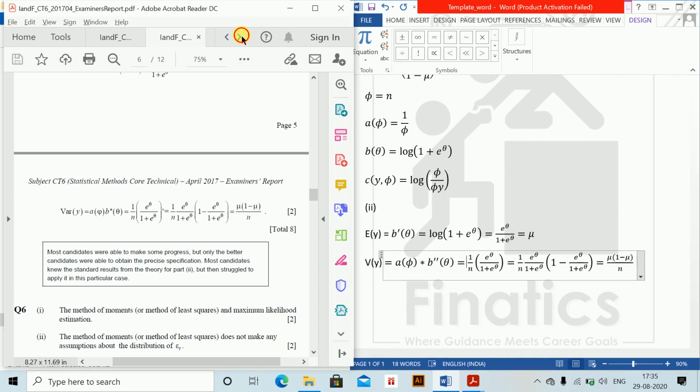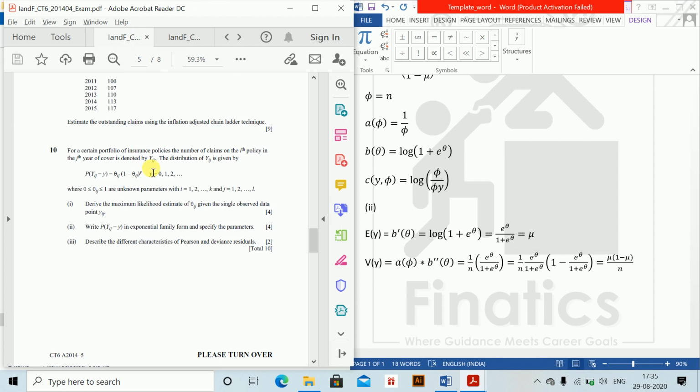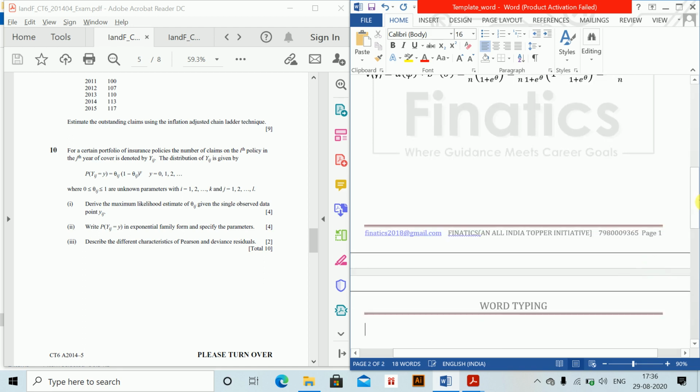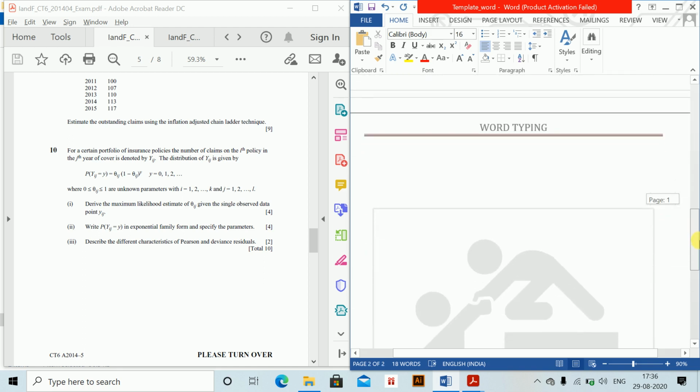Coming to next question. For a certain portfolio of insurance policies, the number of claims on the ith policy in the jth year cover is denoted by Yij, the distribution of this, where the theta is this. Derive the maximum likelihood of theta ij given the single observed data, and write Pij in exponential form and describe the different characteristics of Pearson's deviance residuals. So first, coming to next page, which is question 2, we have to write,